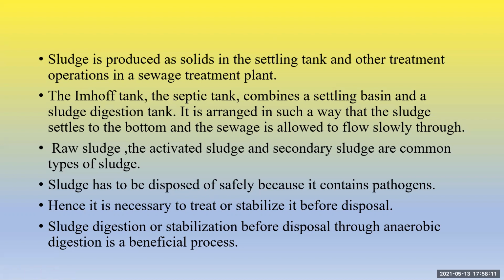To dispose of it safely, it is necessary to stabilize it, treat it before disposal on land or in a dumping yard. So sludge digestion or sludge stabilization of the solid waste before disposal through anaerobic digestion is